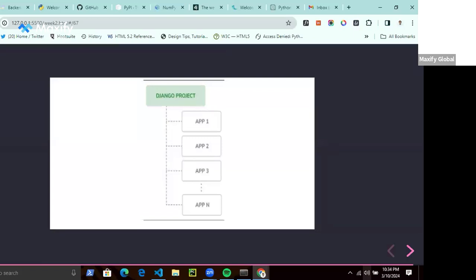So essentially, you build different apps inside your Django project. Apps like blog, forum, CRM, pages to handle all of your static pages, authentication. These are all apps inside your Django project, and these apps essentially interact with one another. Okay? So with that, I think we've come to the end of today's class. If you have any questions, you can quickly drop in from what we've discussed before we move on.